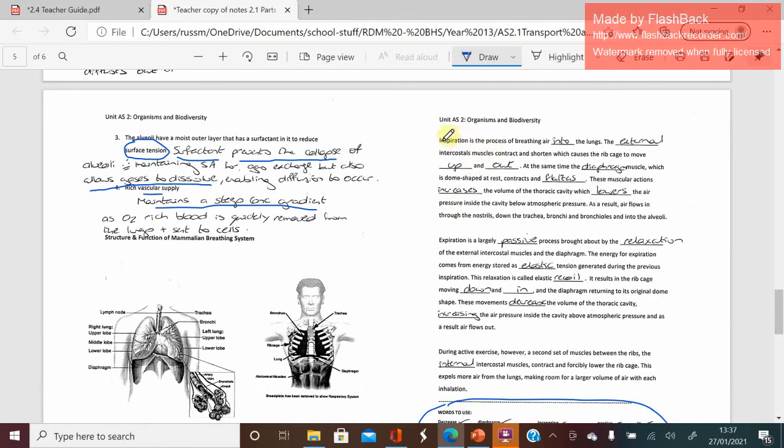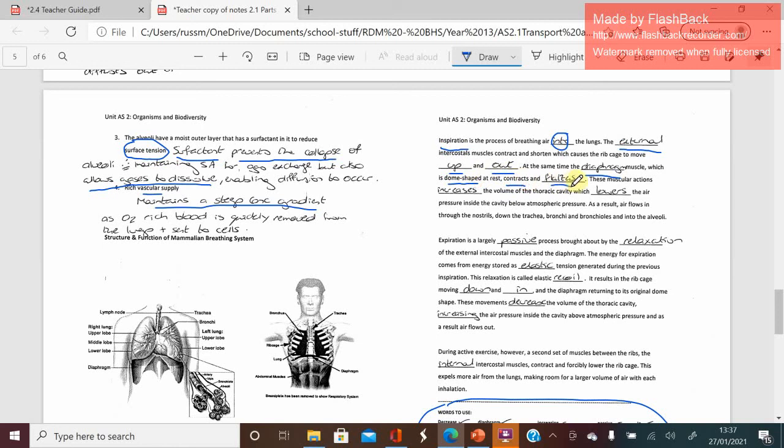Inspiration is the process of breathing air in. So inhalation sometimes. The external intercostal muscles contract and shorten, which causes the rib cage to move up and out. There's your little key stage 3 fact. At the same time, the diaphragm muscles, okay, which is dome shaped, remember it's sitting as a dome, contracts and